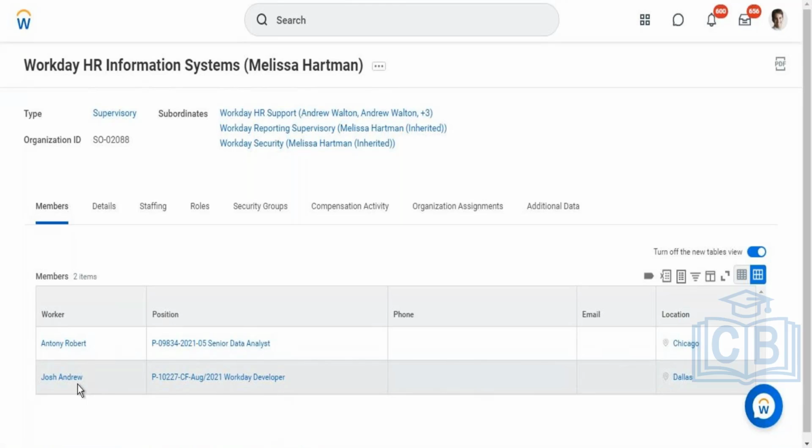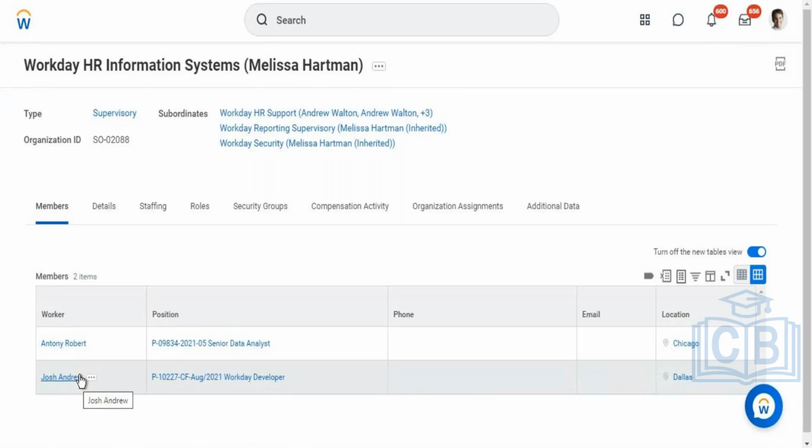When Mudit terminates from the organization, in order to replace Mudit's position for the time being, and to have those team members report to someone, the configurator will make Melissa the manager of the organization where Mudit was managing. All the team members who were reporting to Mudit will be reporting to Melissa for the time being. After some point of time, if someone is hired in Mudit's place,